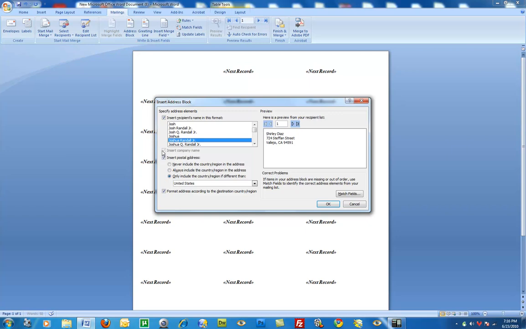Now here, as you move on the left side, it says insert postal address, which I always do, and I always click this radio button because it says only include the country and region if it's other than United States, because I don't really plan on sending postcards outside of United States unless it's really a hot prospect. So anyway, now if you want to add anything else different in here, you just go to match fields